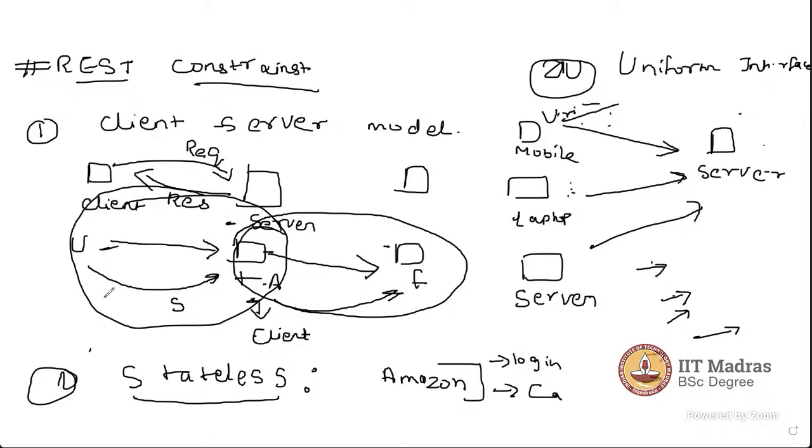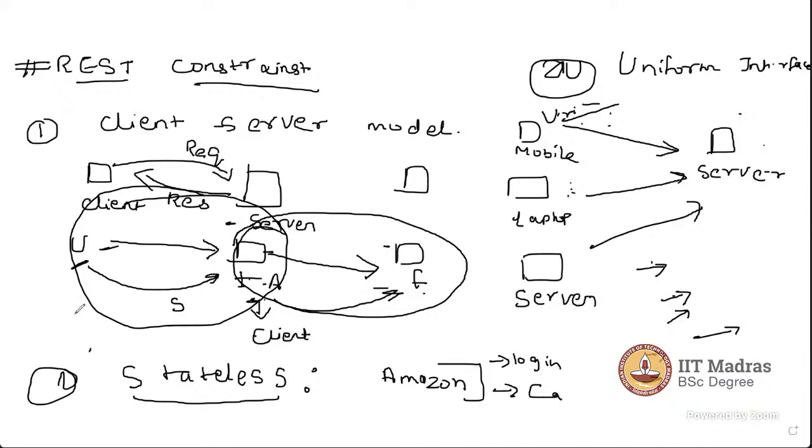Okay, so we had already discussed four points. One more point to add is that REST constraints also include something like a layered system, right? A very small concept. Suppose this is a user, a client A, and this is a server A, and this is some server, this is the Facebook server, this is a Tinder server.